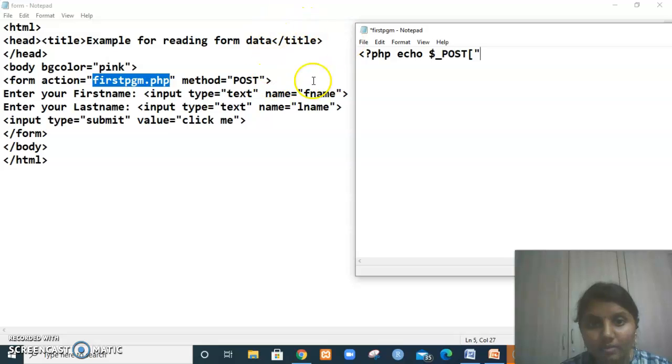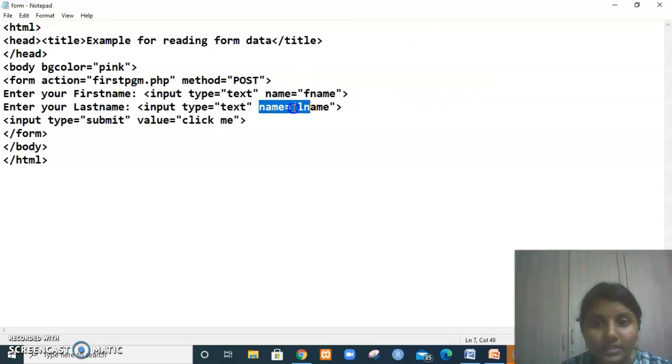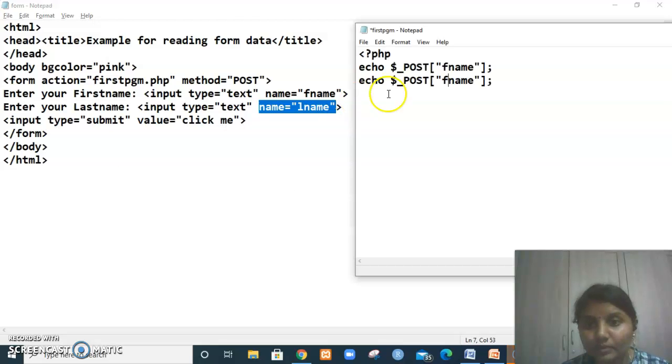The name we gave the first name is fname, so we give fname here. Similarly for the last name, echo $_POST with lname. Now close this and save the program.